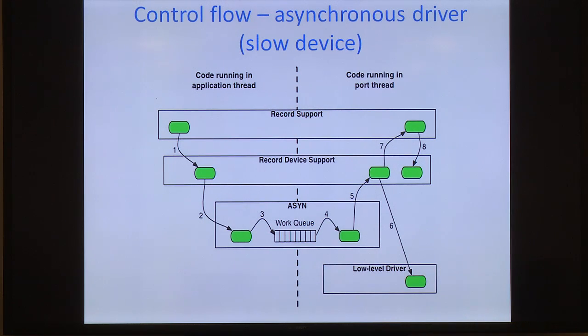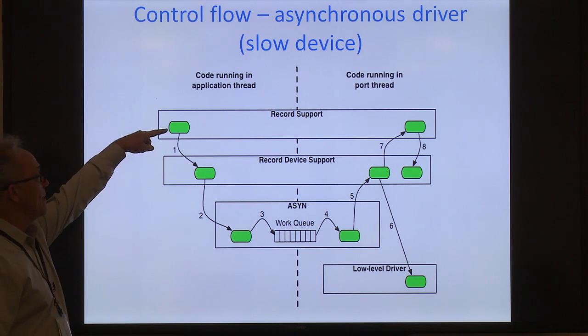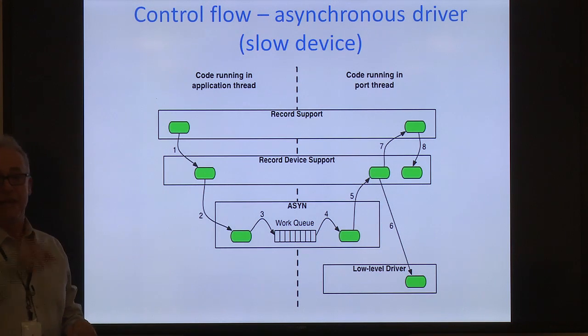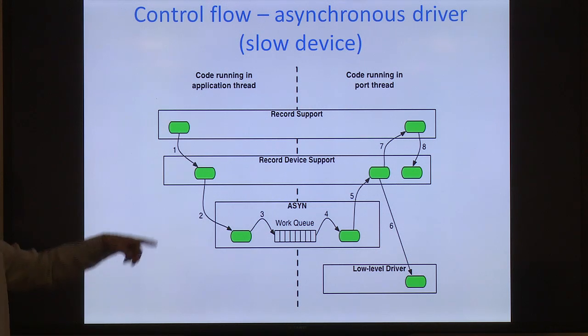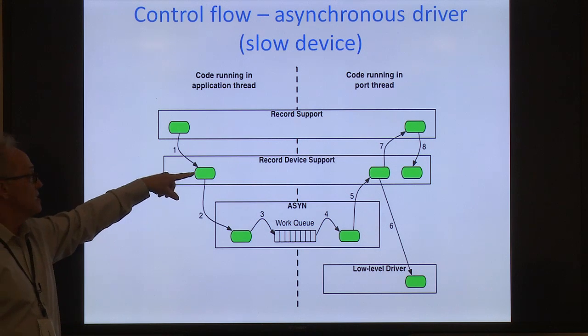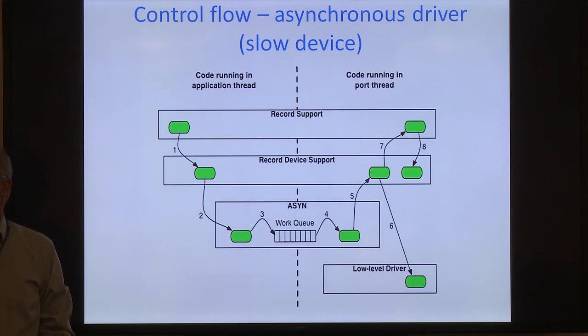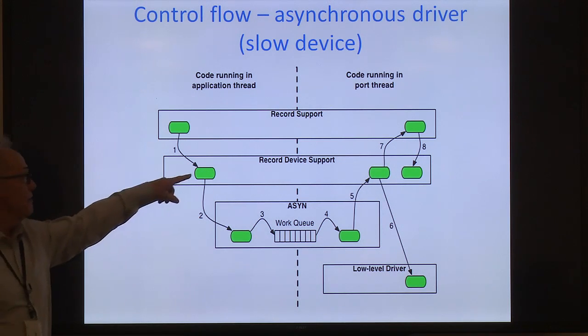And this is how the control flow works for a slow device, an asynchronous device. So step one here is the record. Let's say somebody does a CA put, right? So now the record is going to process. It calls device support. Device support recognizes that this is a slow device because it can ask the port, are you a fast device or are you a slow device? Can you block or not? If it can block, then it